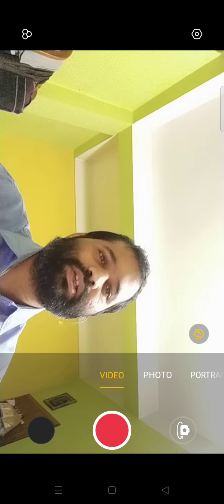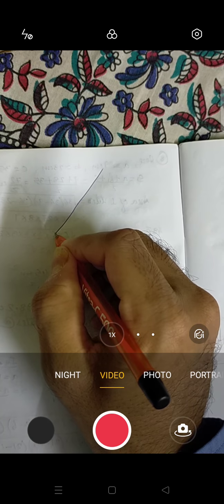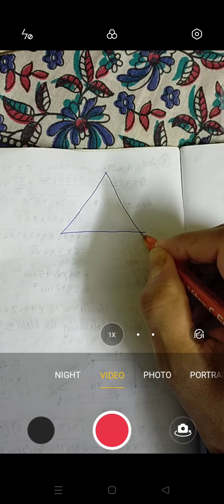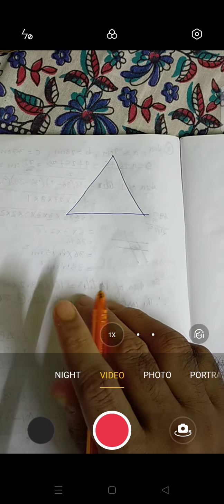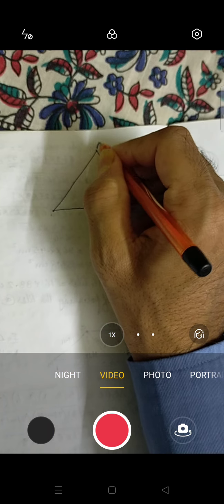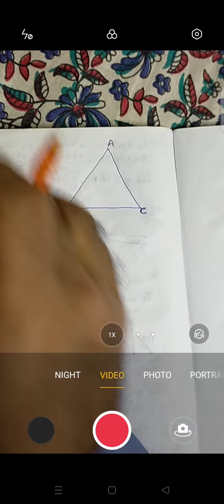That means there is a triangle whose vertices are given. So let us suppose we'll draw a triangle. Let us suppose this is a triangle. Draw it a little big, so that you can substitute the values properly. Now you already know that these are called the vertices. So let us say that this is A, this is B and this is C. This question is important, for 4 marks.